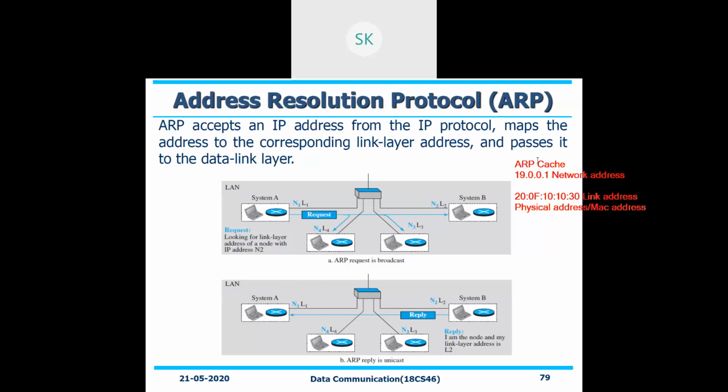So what is the Address Resolution Protocol's job? It needs to get the physical address of the device. That's it, nothing else. For getting the physical addresses, we require the ARP protocol. So how will it function? Whenever one system is ready to send data, it needs to know which system to target. For that, it will send a request, broadcasting the request packets to all the nearest neighbors available.